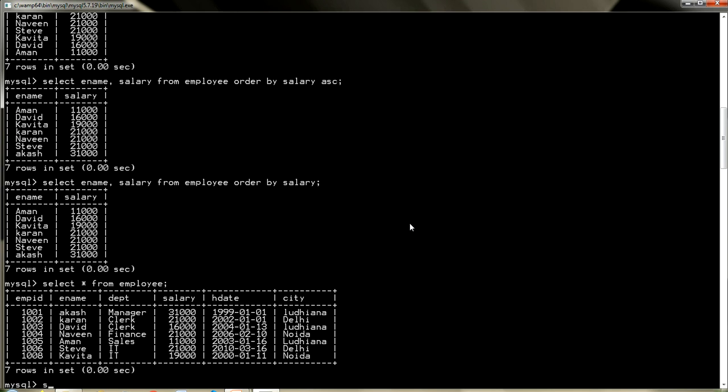For example, if I write down this, select star from, or let me write down the e-name, and let me write down the department, and let me write down the salary from employee, order by department.